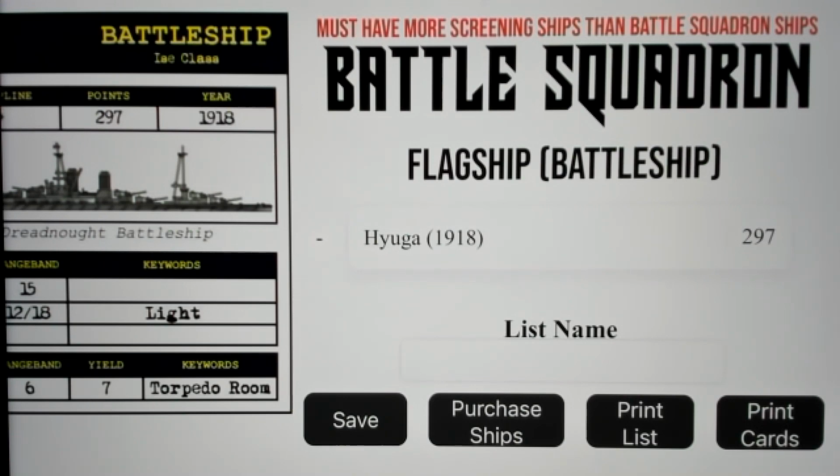Alright, so the first thing we'll have a look at here is that this is your battle squadron and your flagship has been chosen. Now, you have to have the most expensive ship in the fleet as your flagship. It just makes sense. It's just the way things were done. Alrighty,